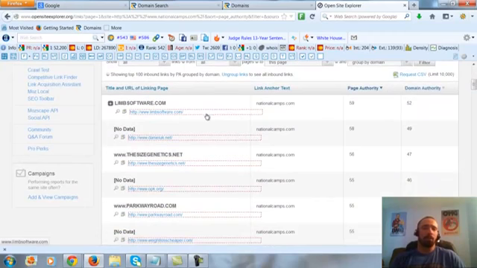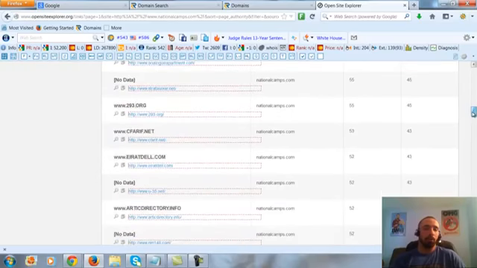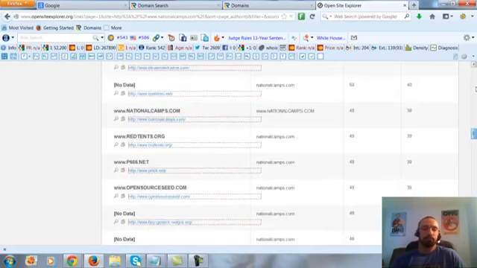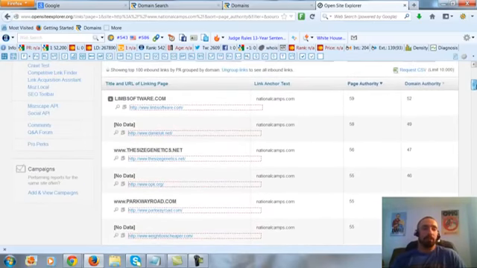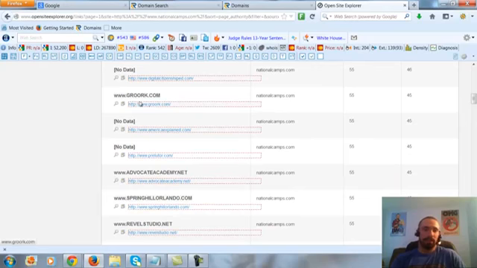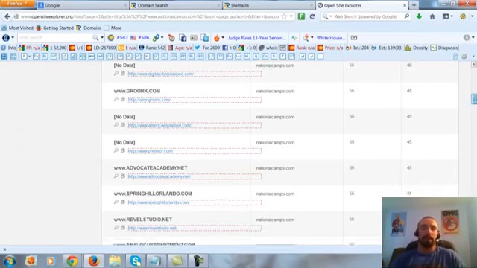The third thing is all links are from home pages. You should go down and see all home pages, no inner pages. It doesn't make sense. The next thing I notice is that pretty much all the titles are the same: sitename.com, www.sitename.com, same thing, with a couple with no data, all the way down.